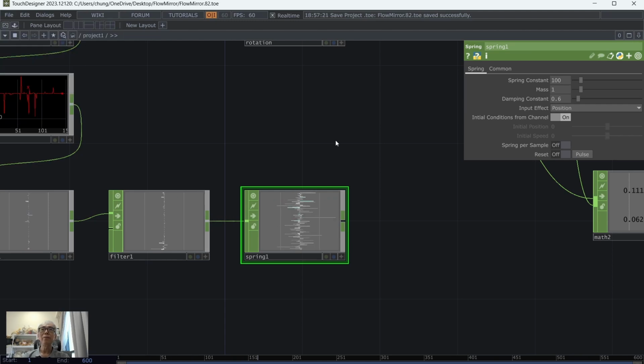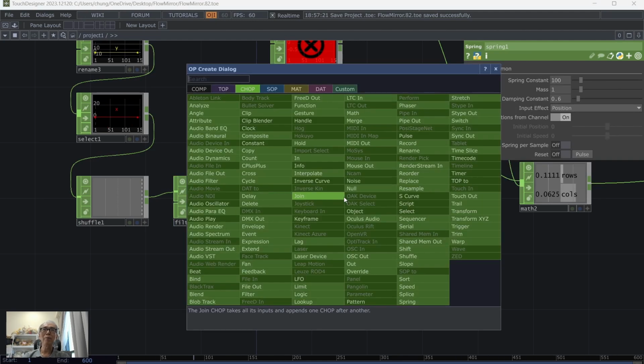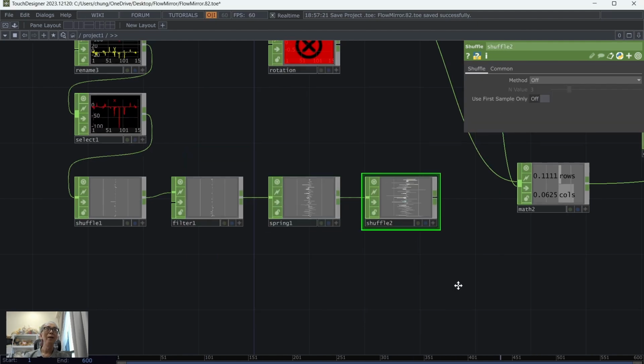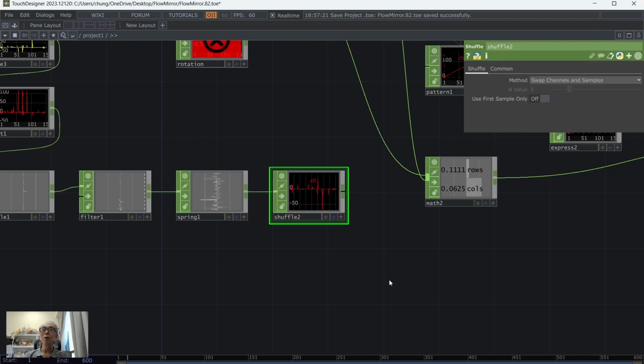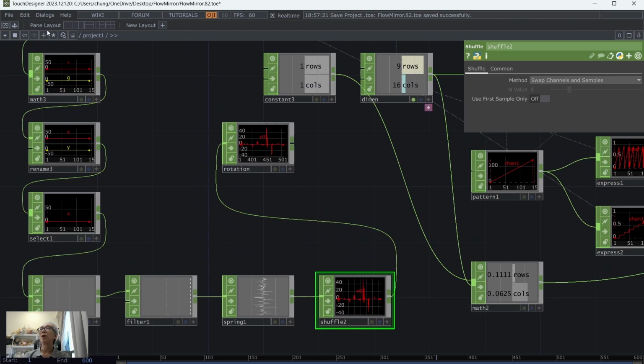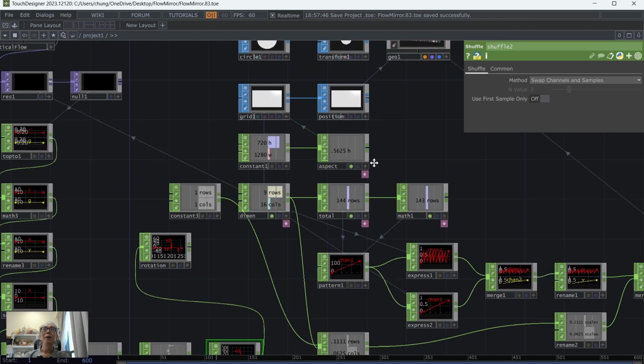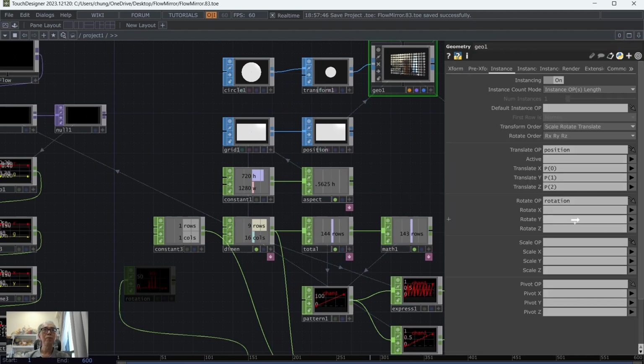After we massage those numbers in each different channel, we might put it back into different samples by using the shuffle again to swap this channel into sample and then send it back to our rotation. Then again, put it here to choose rotation Y as the X0. So in that case, you can see